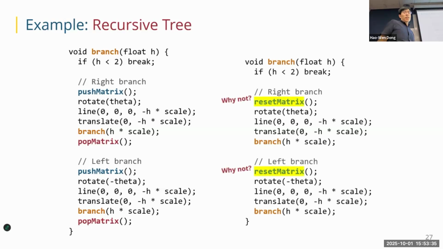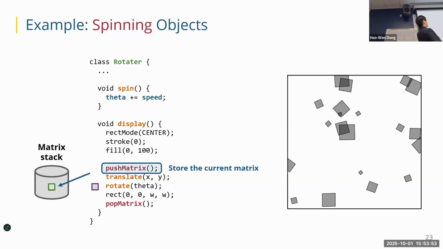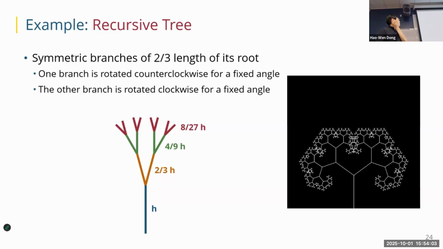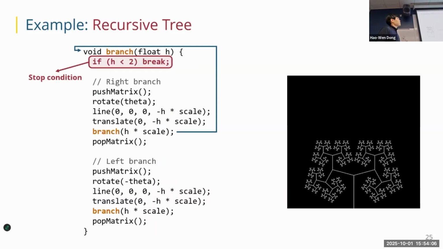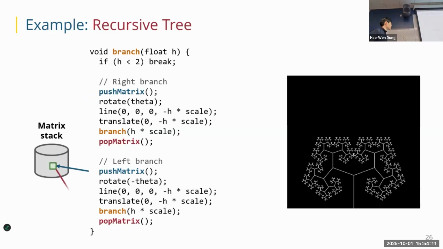And so one thing you might wonder is why shouldn't we just reset matrix to the original matrix? So technically it doesn't work, especially for this recursive case. For this simple case, you can actually just reset matrix so that you revert it back and then you turn to that specific position. But in this recursive tree case, it's much harder to do reset matrix because technically the idea of